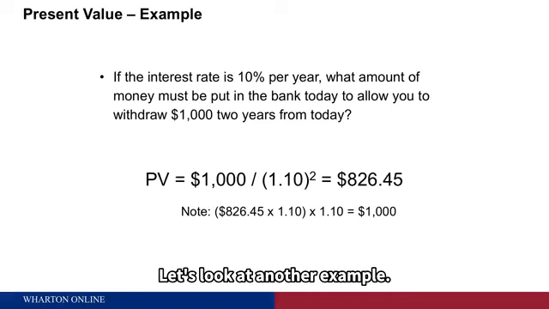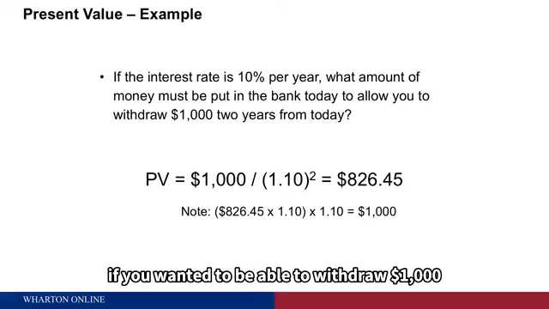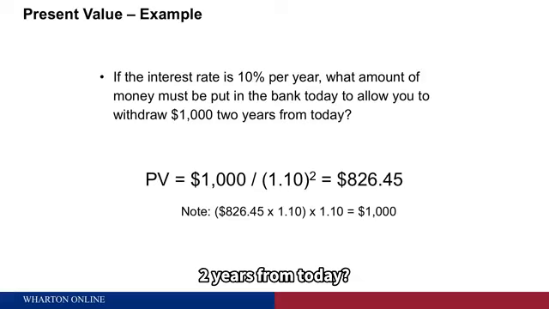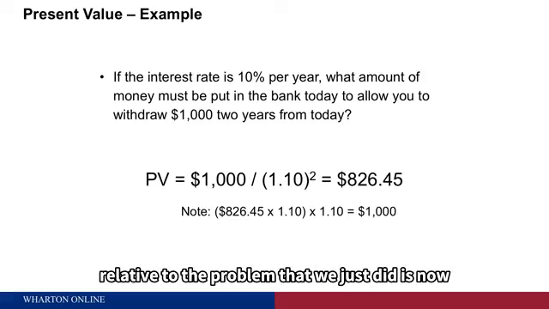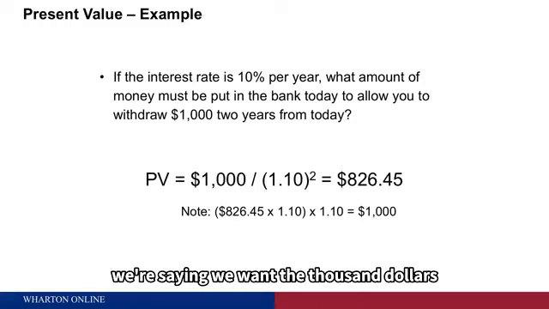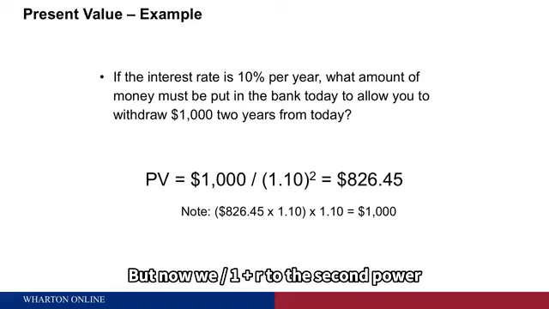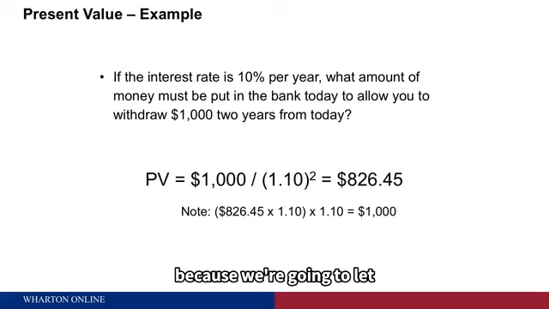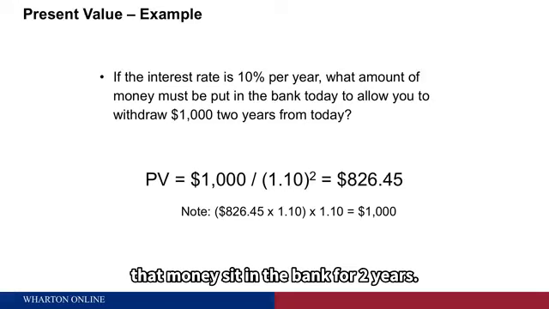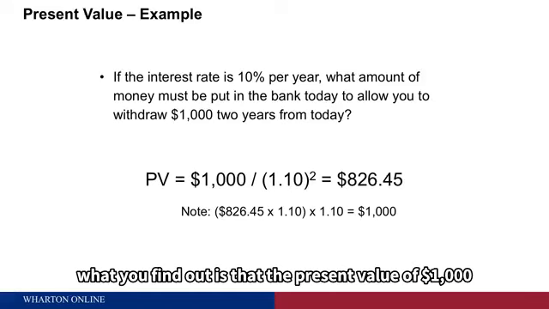Let's look at another example. Here we're asking the question, what amount of money would you have to put in the bank today if you wanted to be able to withdraw $1,000 2 years from today? And so the only thing that's changed here relative to the problem that we just did is now we're saying we want the $1,000 2 years from today. So in calculating the present value, we take the $1,000, which is the amount we want, but now we divide by 1 plus r to the second power because we're going to let that money sit in the bank for 2 years. And when you do this calculation, what you find out is that the present value of $1,000 2